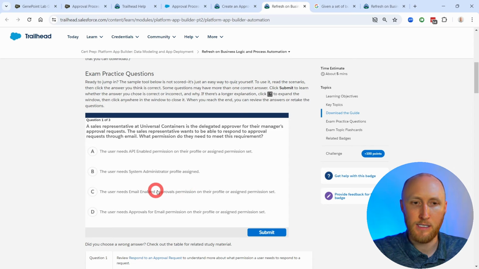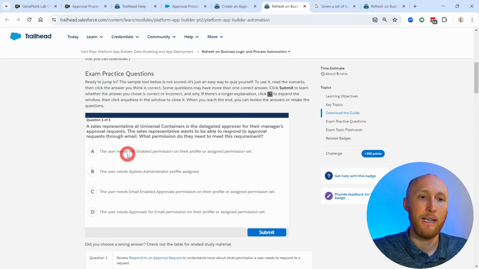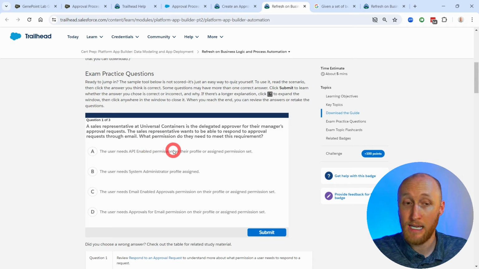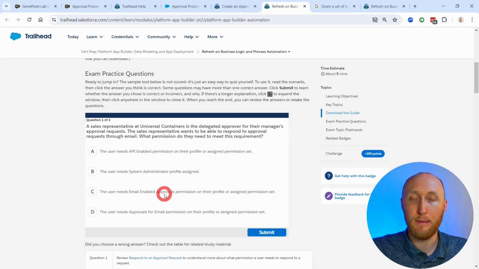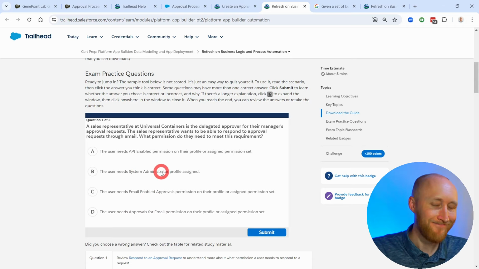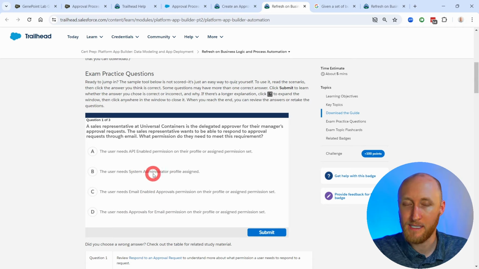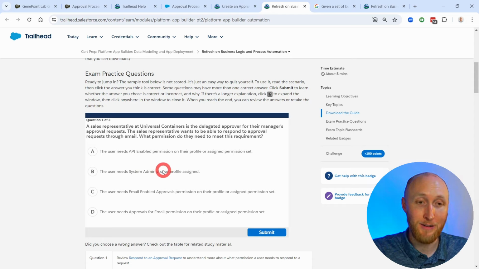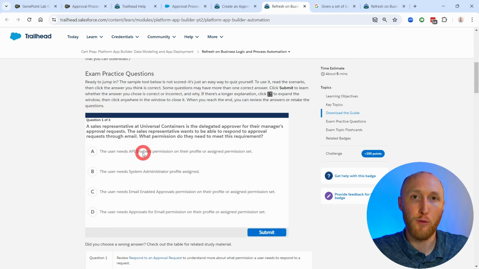So in my mind, I would want to see, are these even options on a profile or permission set? Can I even have an API-enabled permission? Is that a real one? Is there an email-enabled approvals? Is there an approvals for email permission? And do I think system administrator? Really, not every user is going to be a system administrator. So I'm knocking this one out now,